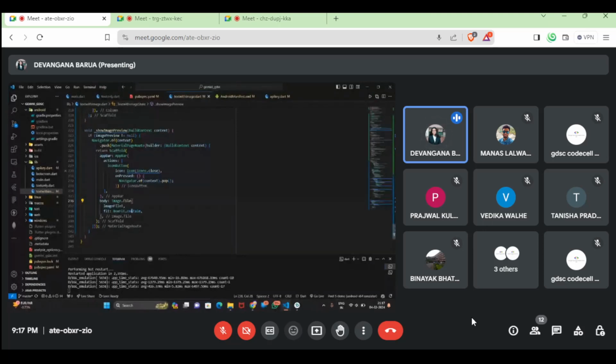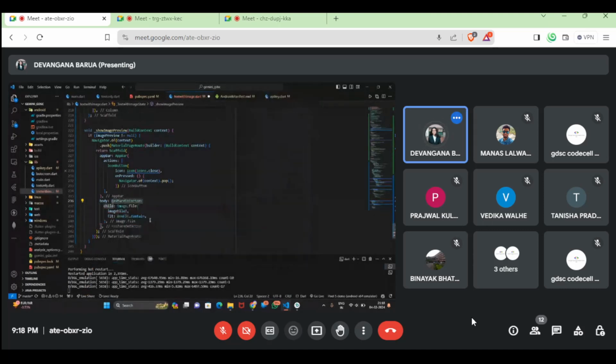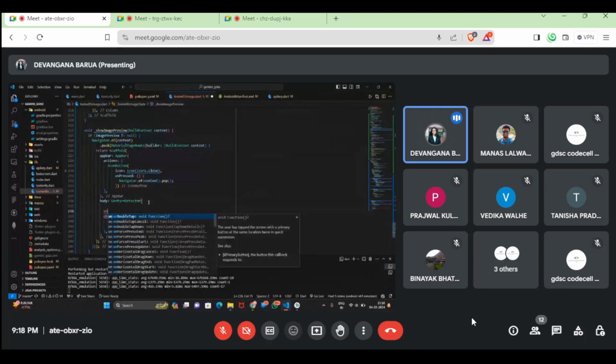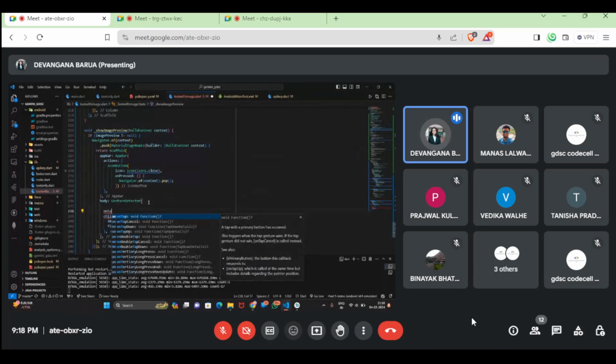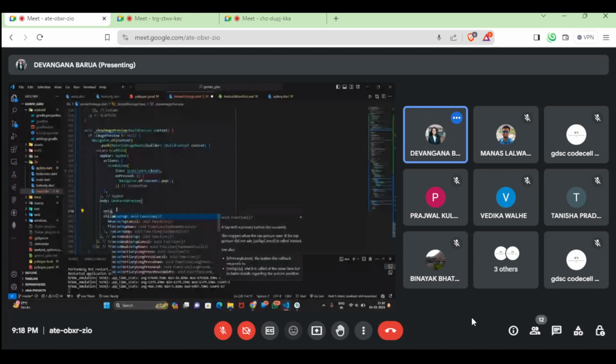Cool. Okay. So I want to wrap this image.file using this bulb icon that you find in your VS Code. Wrap it with widget. Which widget do I want to wrap it with? There is a widget named gesture detector. What does it do? Gesture detector, as the name suggests, will detect some interaction or gesture occurring on any element. Did you see that it has